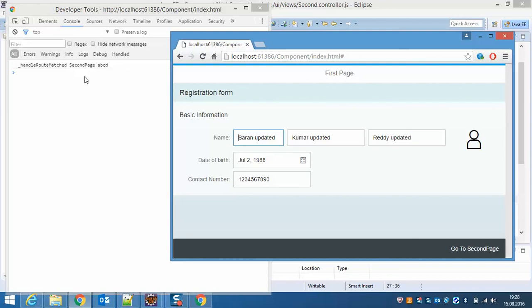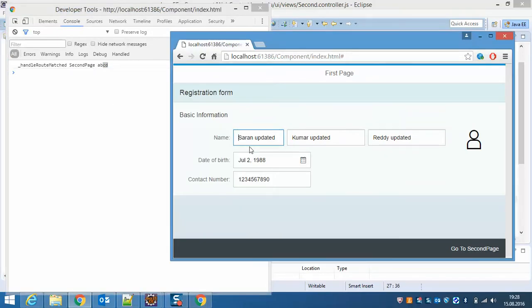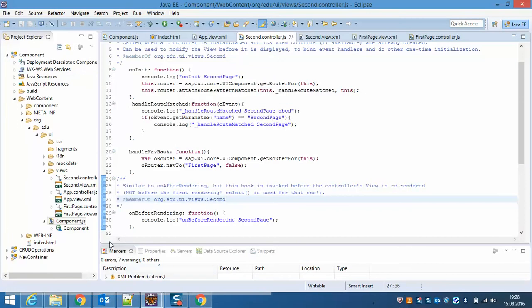Yes, now you can observe. Whenever I click on this go back button, it is executing this particular second page method, but I don't want this to be executed. Whenever you go to the first page, the second page method should not get executed. That is the reason we should put one if condition saying that if the user is navigating to the first page,